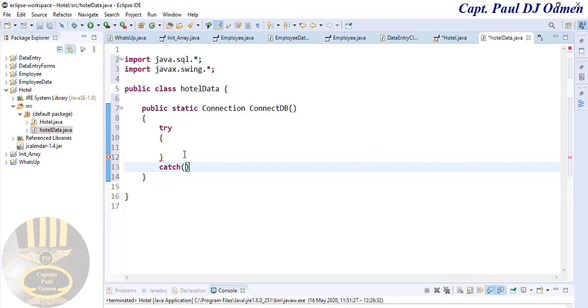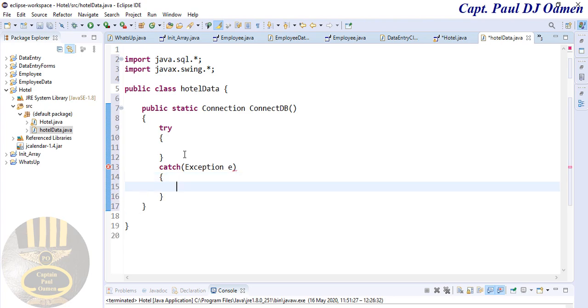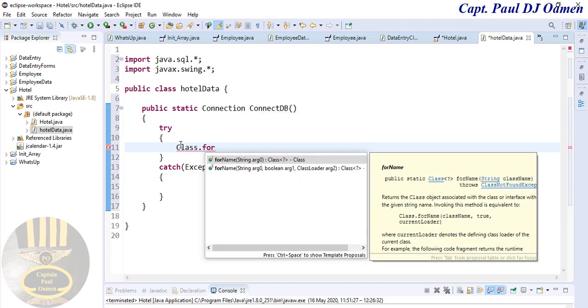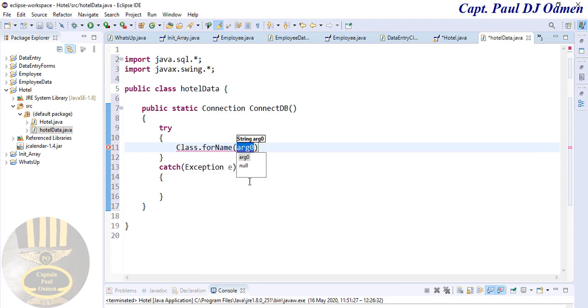and this catch is going to be a SQLException. Okay, let's go straight into my try here. So I'm going to say Class.forName, which is right here, and the name is going to be org.sqlite.JDBC in uppercase. Close that